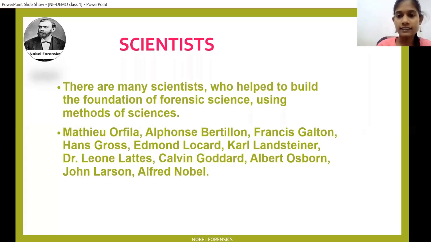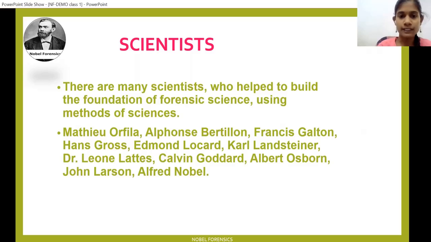Then Karl Landsteiner discovered blood groups like ABO. After Karl Landsteiner, Dr. Leone Lattes discovered a method for grouping dried blood stains. You know the difference between wet blood and dried blood. We may not easily do a grouping test on dried blood. So Dr. Lattes invented a method, the Lattes crust method, with which we can easily group